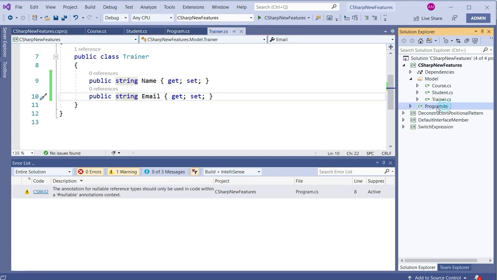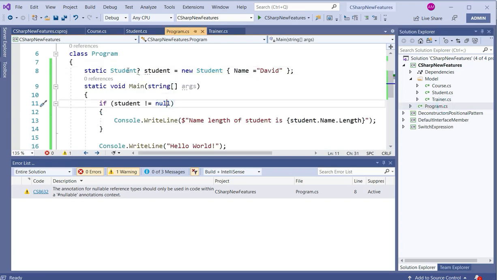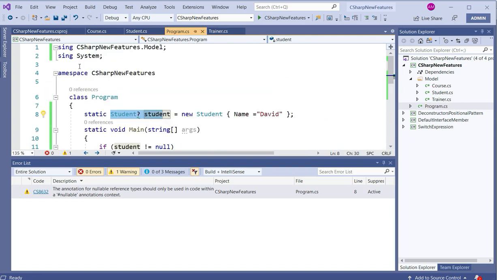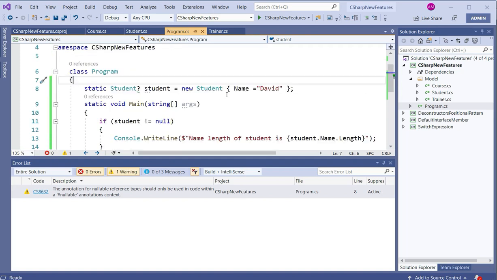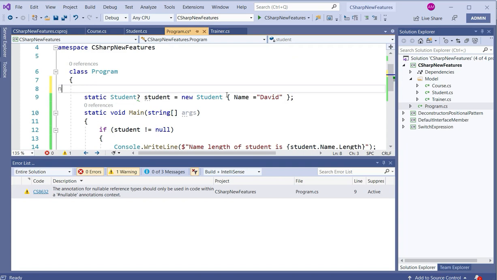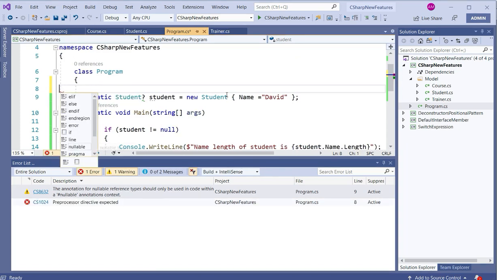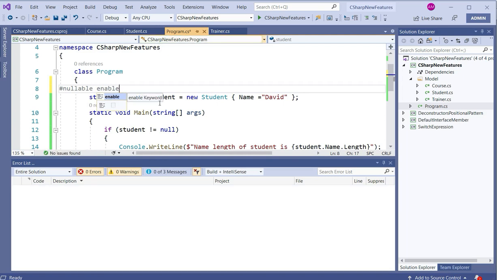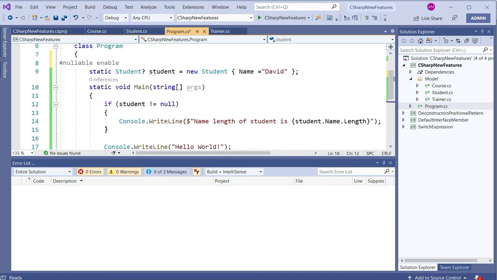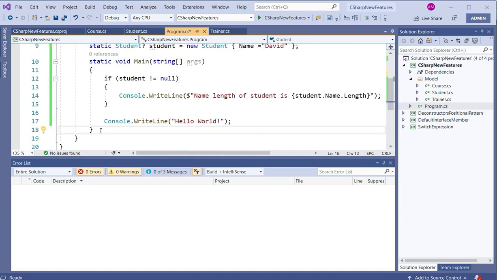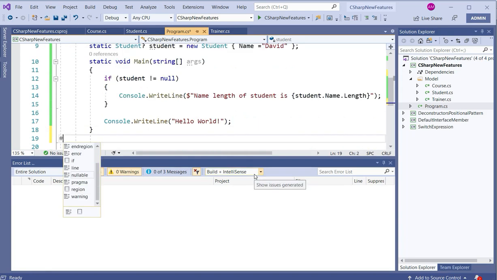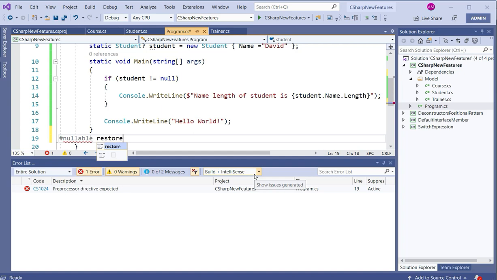Now let's go to this class. So we are also making this reference variable a nullable reference type, and we want to use this feature in this method as well. Instead of across the entire file, we can just enable this inside, like nullable enable, and we want to enable this inside this class only, and we can make it nullable restore.